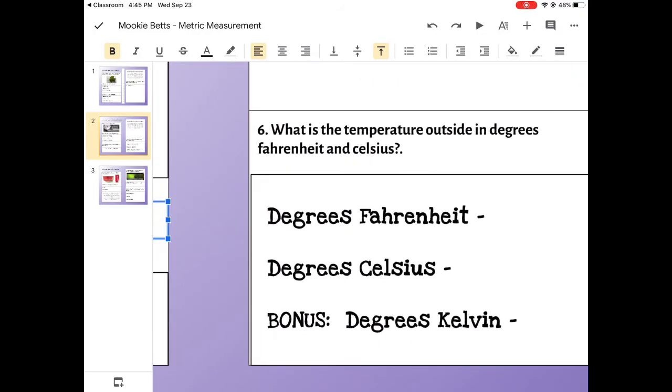For degrees Fahrenheit, you can just check the weather app to see what the temperature is and then switch it to Celsius. But to get degrees Kelvin, you might want to ask Siri. So, for instance, I can ask Siri